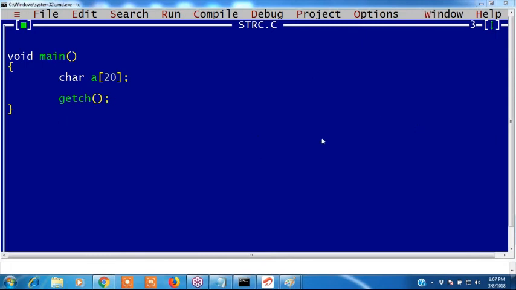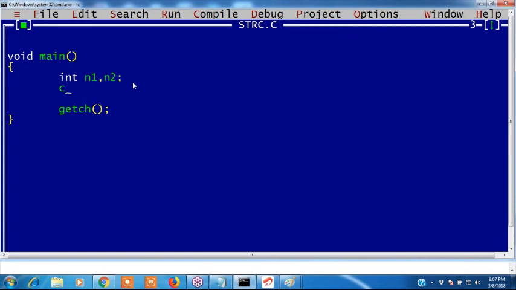First you are entering inputs. See, if I enter any inputs, example, I want to read two inputs. Now I want to take an integer n1 and n2. What is this buffer memory? I will tell you. Integer n1 and n2. What is this n1 and n2? See guys, clear screen, it removes the previous output.